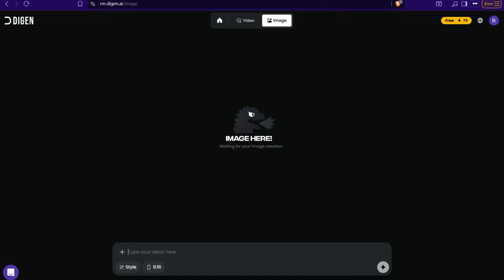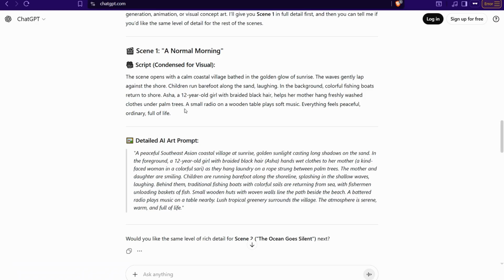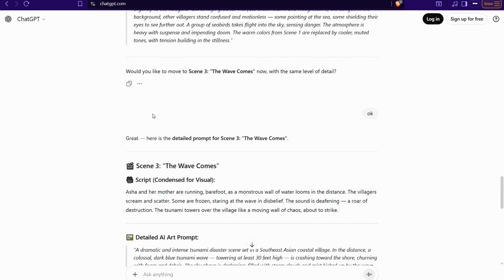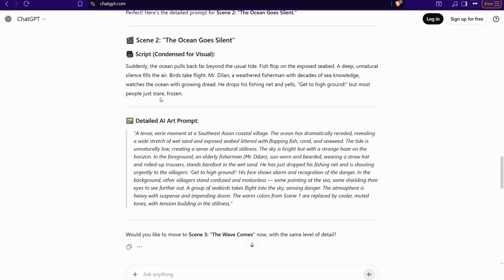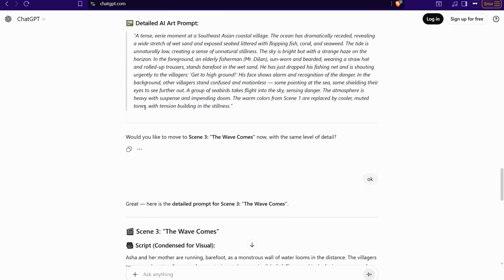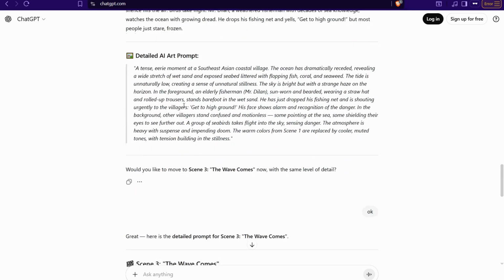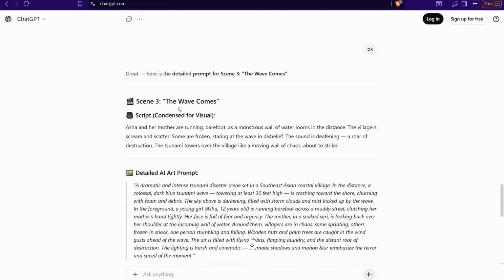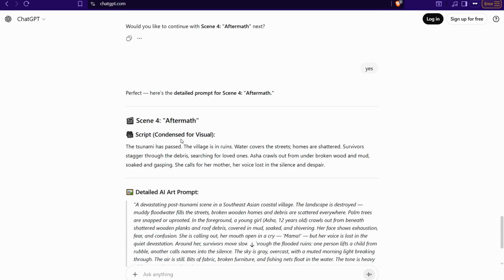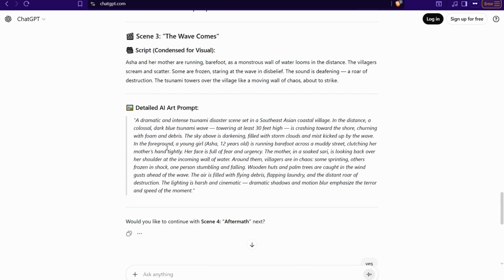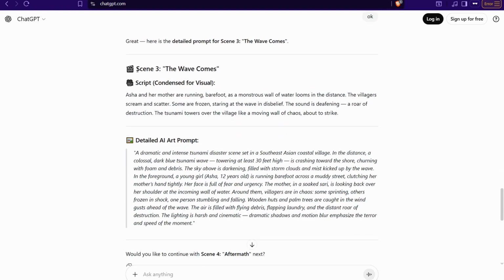So for example, here I just go to ChatGPT and get a story about a tsunami disaster that consists of different scenes like scene 1, scene number 2, 3, and so forth. So I can get for every single scene a detailed AI art prompt, as you observe. So this one is condensed for visuals: the ocean goes silent, then the wave comes, then the aftermath, and so on. So for example, I just take one of these beautiful scenes randomly, like this one, scene number 3. I can take this prompt, copy, and go to Degen.ai